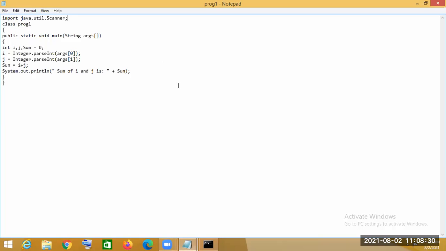That is, first import the java.util.Scanner class. Then the Scanner class object should be created. And after creating the object, we can use the built-in functions mentioned in the Scanner class in our program. So let's say the addition we have done using the passing command line argument, which we have seen. The same thing we will do here using the Scanner class.